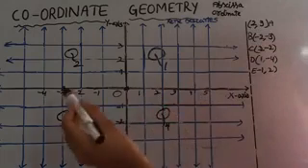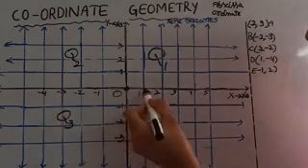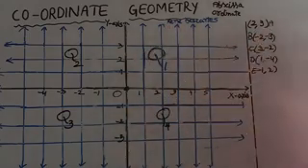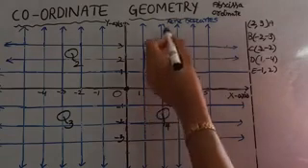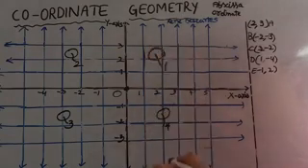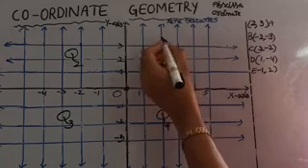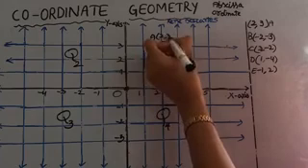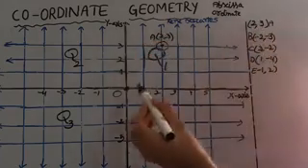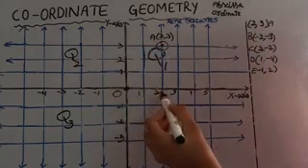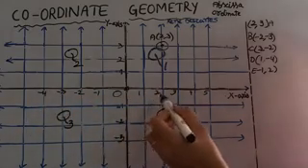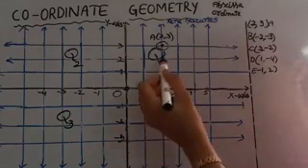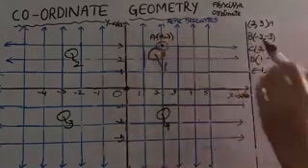First one 2, 3. 2 on the x-axis, where is 2? This is 0, 1, 2. See this? The second coordinate is 3. 2, 3 on this line. This is the 2 line. 3: 1, 2, 3. This is the point A (2, 3). This is the way to locate the point. Understand? The first one 2: 1, 0, 1, 2, on the x-axis 2. Second one 3: 1, 2, 3. So this is the point A (2, 3).